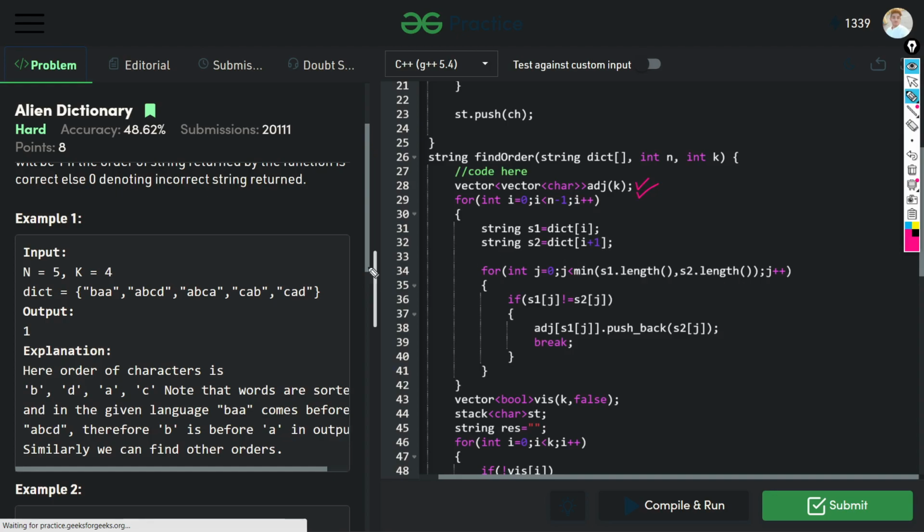In this problem we compare two strings, comparing all the characters, and if the characters are not equal, then we push the element towards its adjacent node and make an adjacency list. Okay.